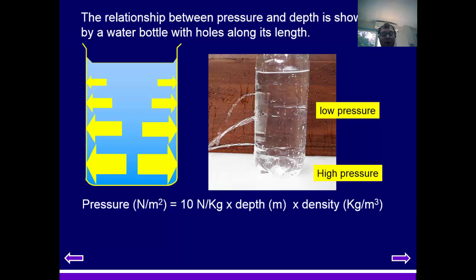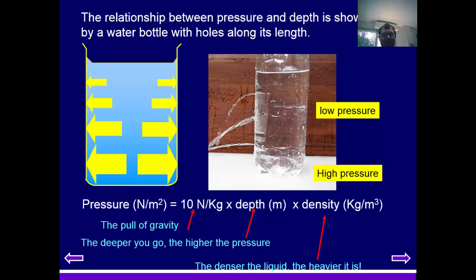And this pressure can be calculated as the force of gravity multiplied by the depth multiplied by the density of the liquid. So that's why we have the highest pressure at the greatest depths. There is an overview of